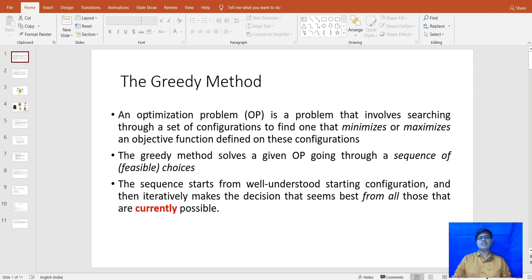In the greedy method, we use minimum and maximum. As a real life example, if we choose commerce or arts and we cannot take engineering, we have to search for a job according to those fields. When we find a job, we will find a minimum job, and when we find a minimum job, we will find the maximum profit, meaning how much we can earn. So that example is based on this only.